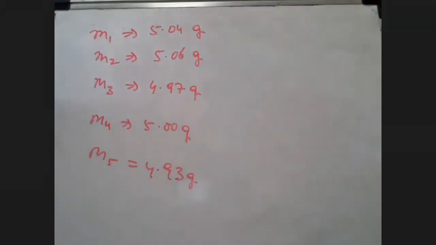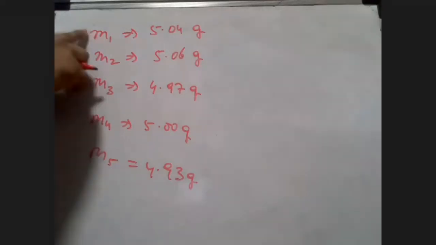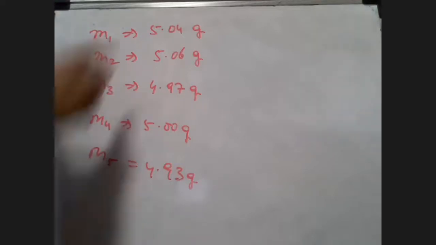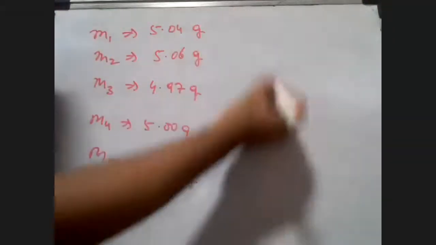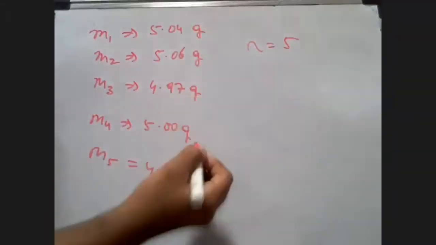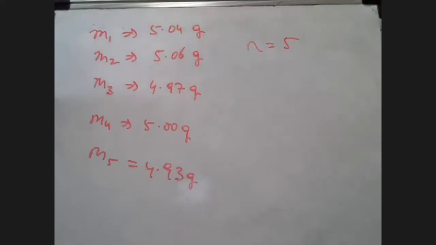So students, first thing, you have taken so many measurements, so don't try to find the answer directly. What can you find out from this itself? What can you see here? How many measurements you have taken? You have taken 5 measurements: 1, 2, 3, 4, 5. So keep everything handy first. Then now start. What is the mean value?